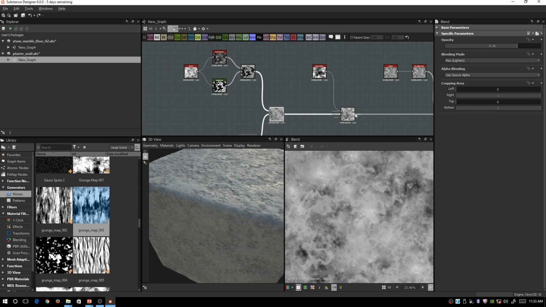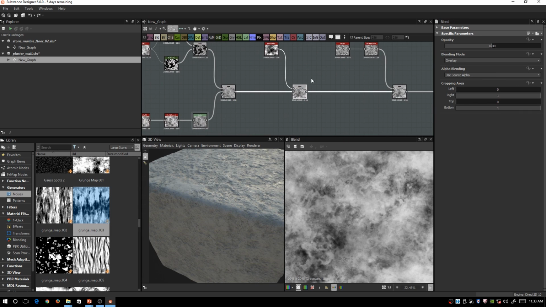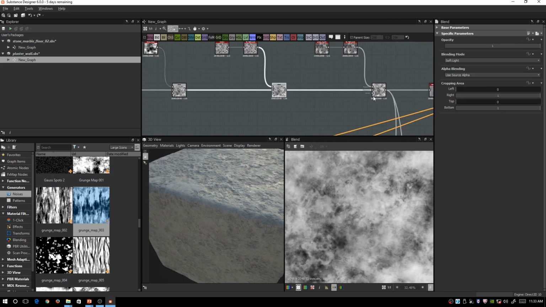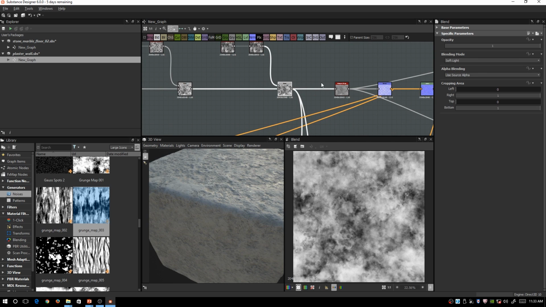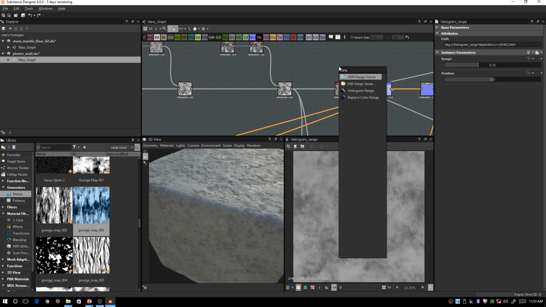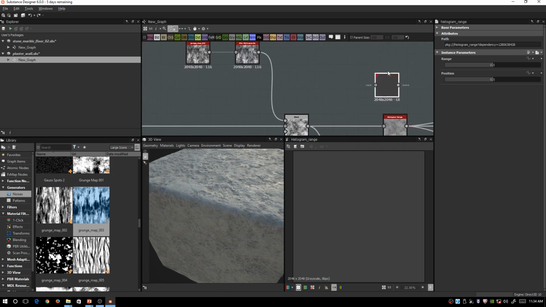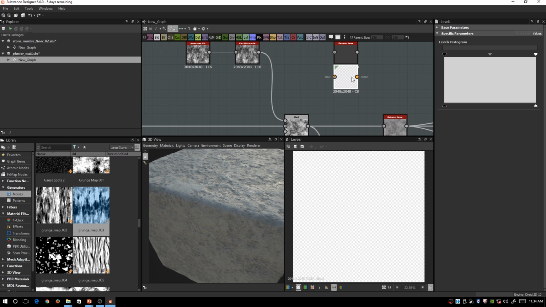And I just keep using these noises that are available, and I use them as an overlay to modulate the height map. And I do that a few more times, and that's pretty much where I ended up with the height map. So again, I talked about having it be closer to middle gray. So I take a range, like a histogram range, and what that's going to do is, instead of taking like a levels, okay,